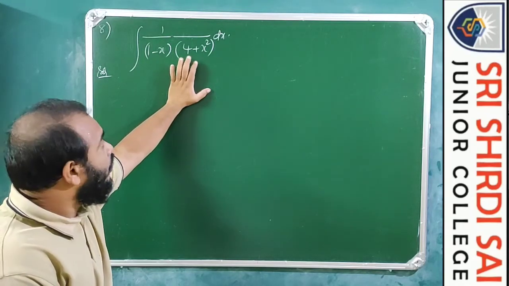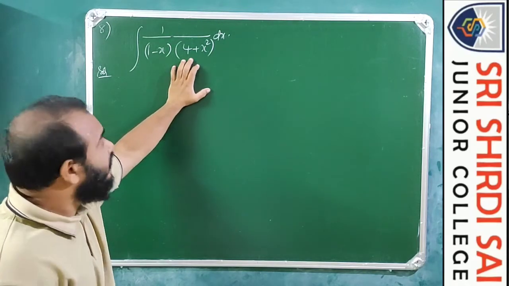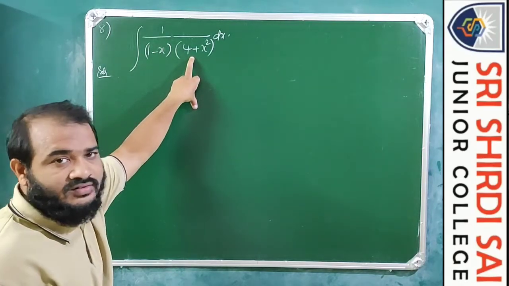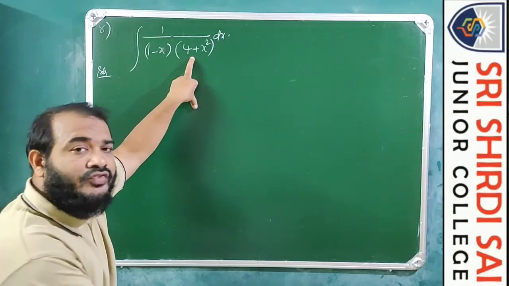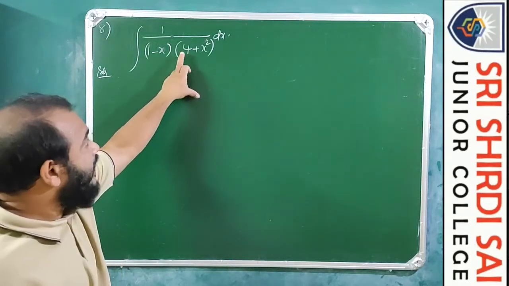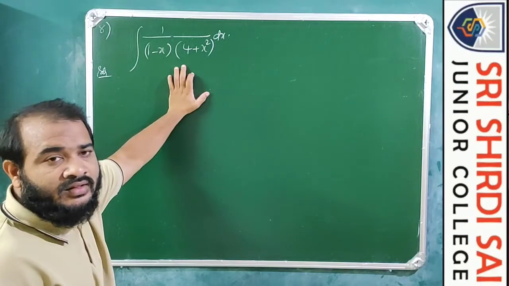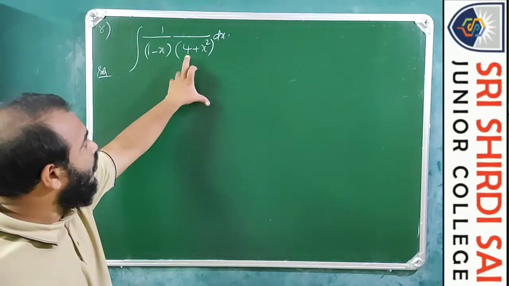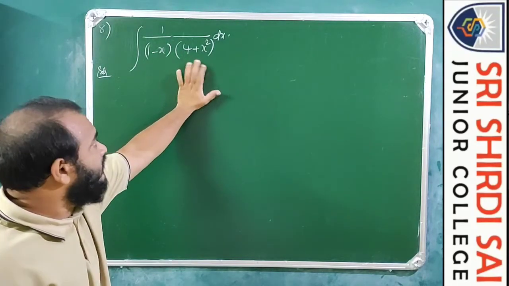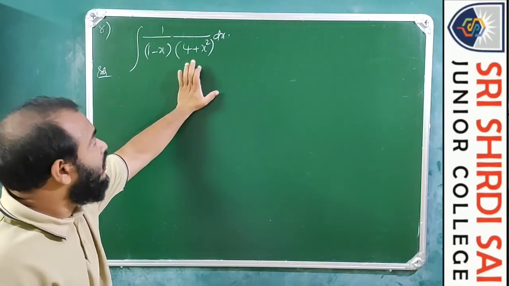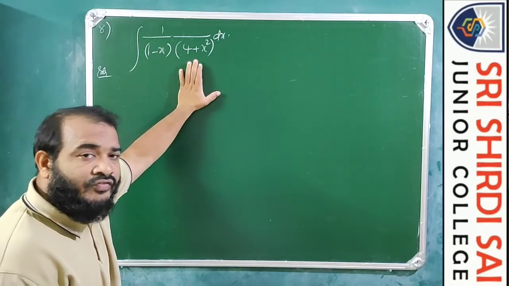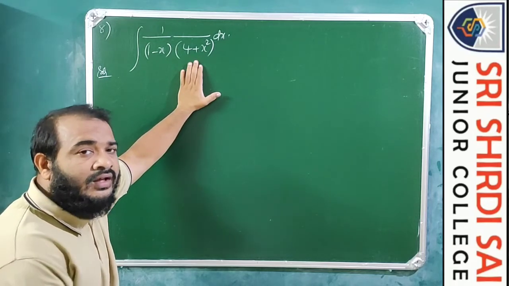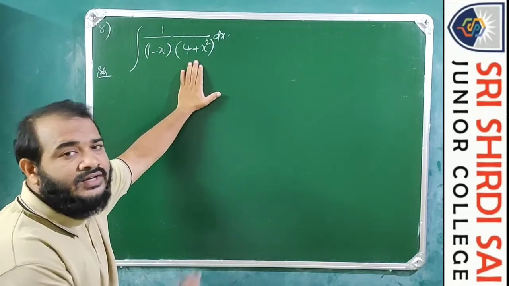What is irreducible quadratic factor? Which doesn't have any factors further. So it cannot be decomposed into further factors. So had it been 4 minus x square, then it would be 2 plus x into 2 minus x, a square minus b square. But it is not here like that. So 4 plus x square is a quadratic factor. Further, it is an irreducible quadratic factor. Irreducible quadratic factor is the third type.